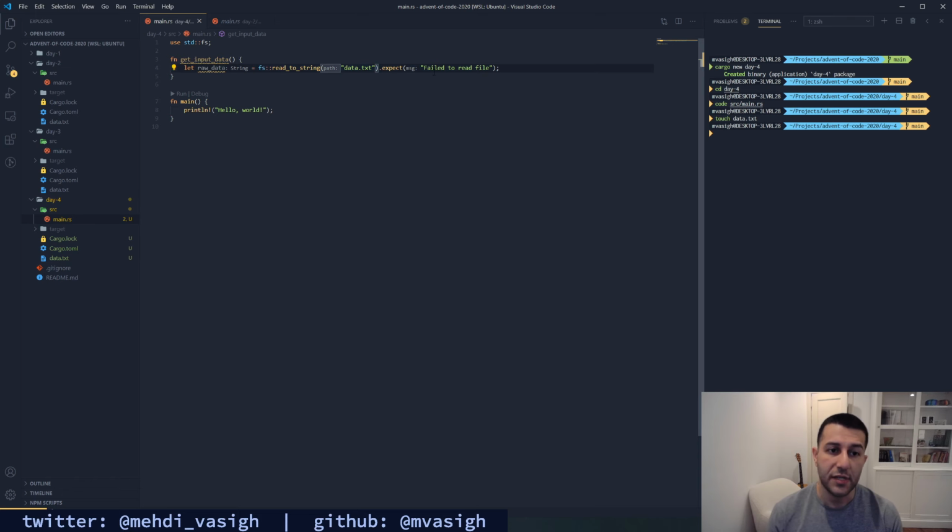But in the case that there's an error, I would get a nice error message that says failed to read file. This is, I guess, more idiomatic. I understand a lot of what I was doing in previous streams was purposely ignoring the error handling part of Rust, which is actually one of the best parts of Rust, in the interest of just solving things quickly, but I want to do it the right way also. So I'm going to do it like this from now on when possible.